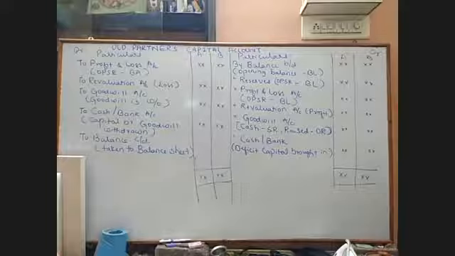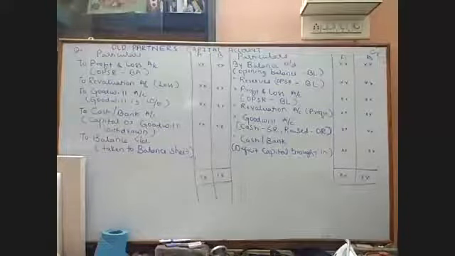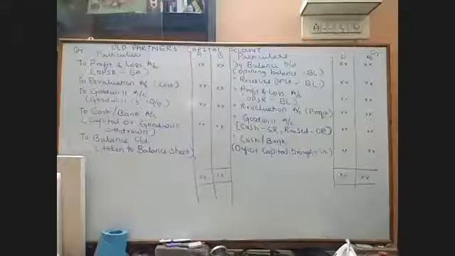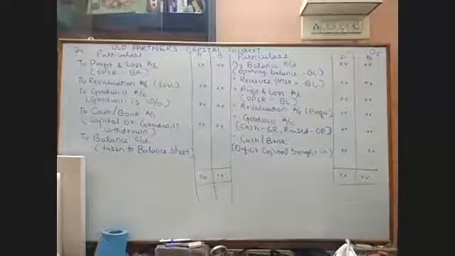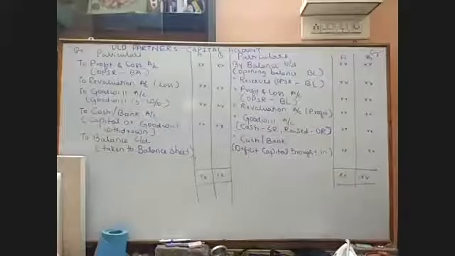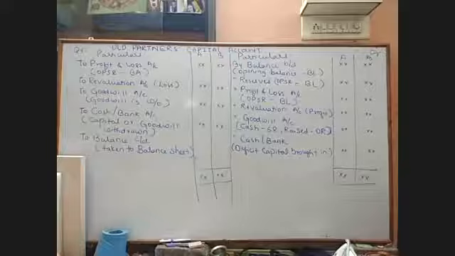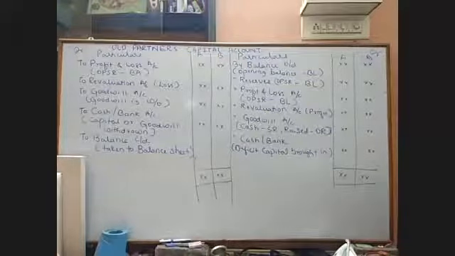Okay? Don't write the content. Just draw it in pencil and keep it. You don't have to write this, you only have to draw. Okay, now, if this is over, then come to the next heading. You write it as new partner, format of new partners capital account. That's a very small one.